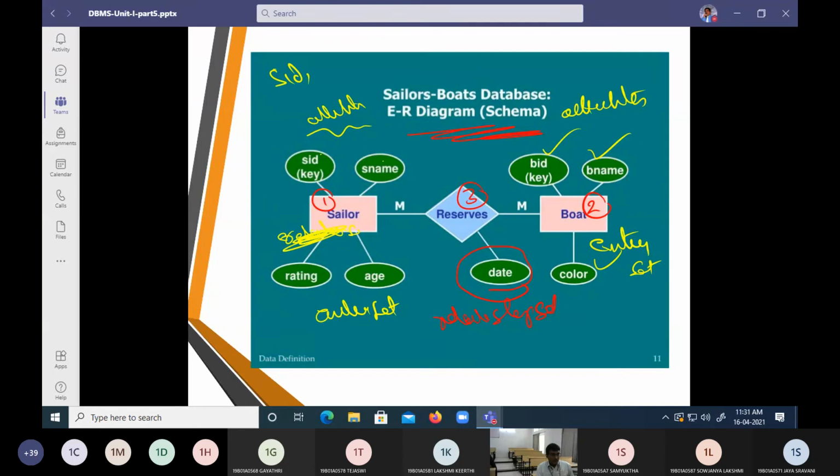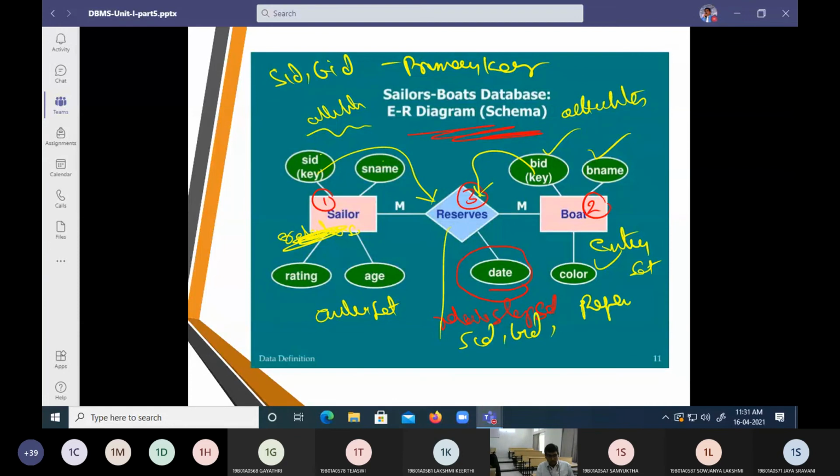So SID and boat ID we are going to call primary keys. And SID is used in reserves, boat ID is used in reserves. So in this case, SID and BID are called reference keys. Making this a reference key, we are going to call it a foreign key.